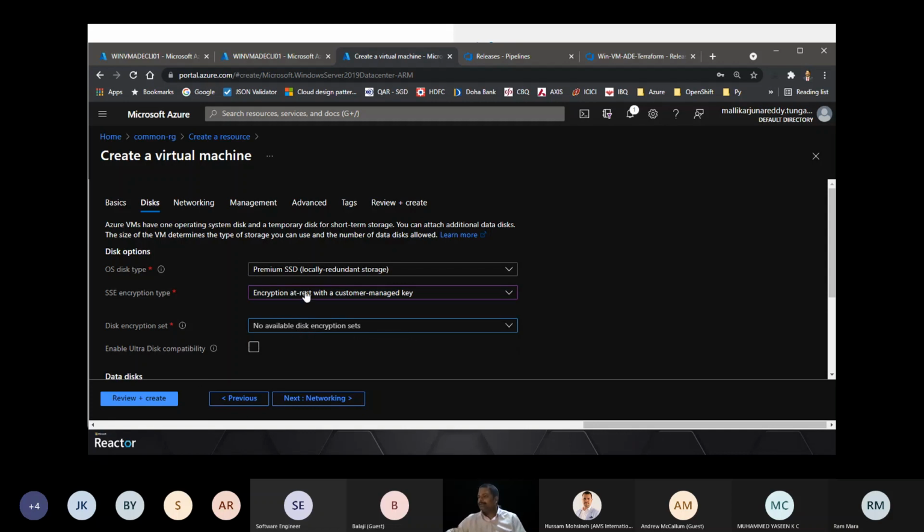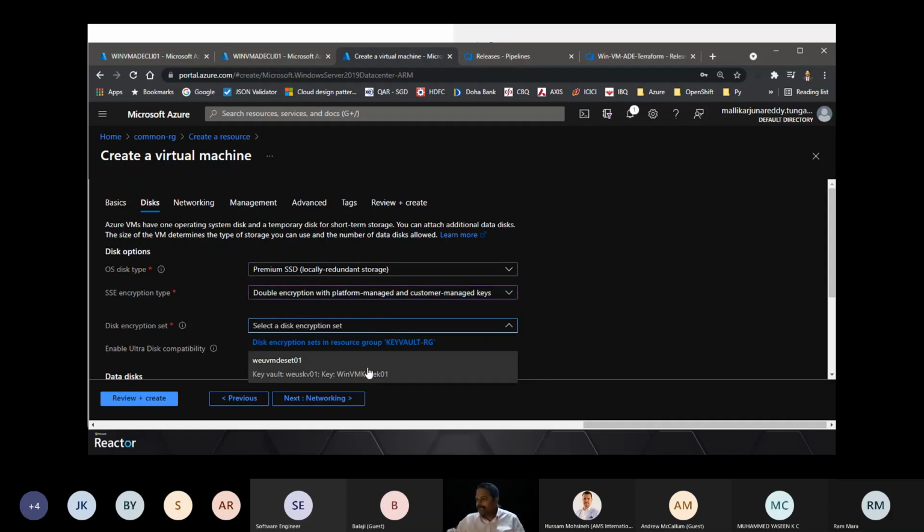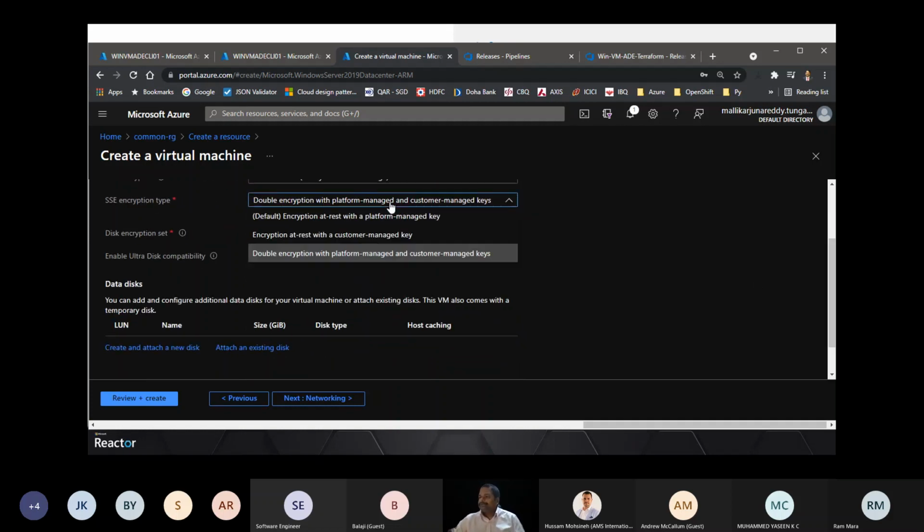Okay, it's not showing. I don't know why. Generally, it will show you the key vault here. When you go with the customer managed key, then you will see the key vault. Okay, here you go. Now some issue with the portal.